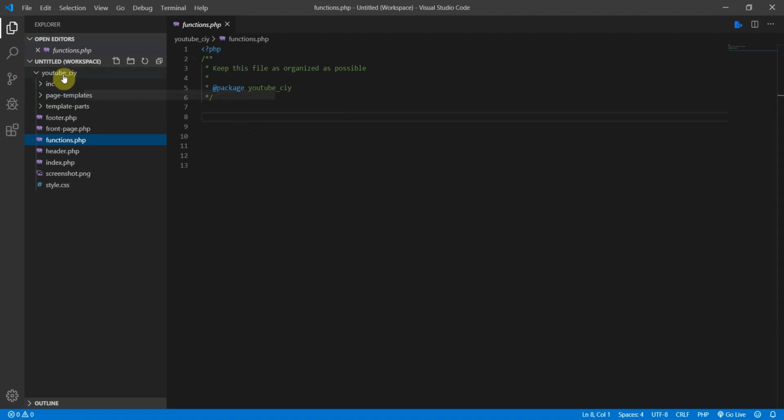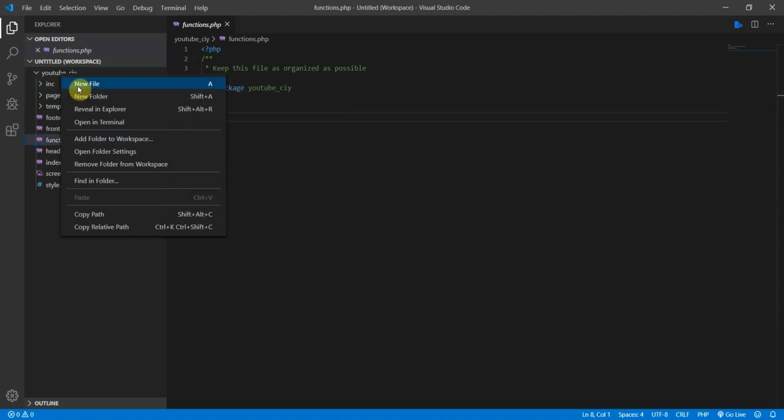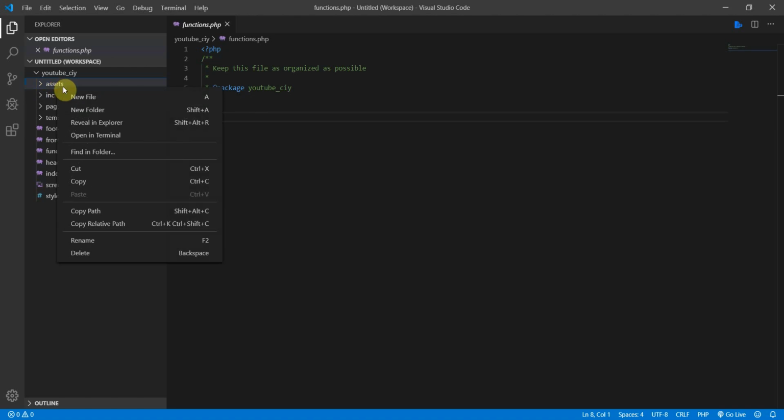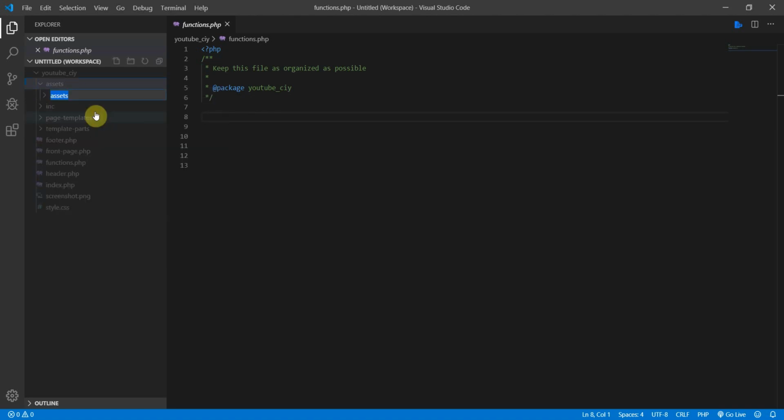So what I like to do in the root of my theme folder here is to create another folder and call it assets. And in this assets folder is where I'm going to save all my custom style sheets and custom script files. So in this assets folder, I will create another folder and call it CSS. And in this CSS folder, I'm going to create my custom CSS file. So I'll just simply call it CIY_style.css,